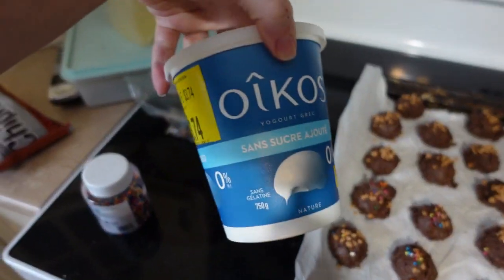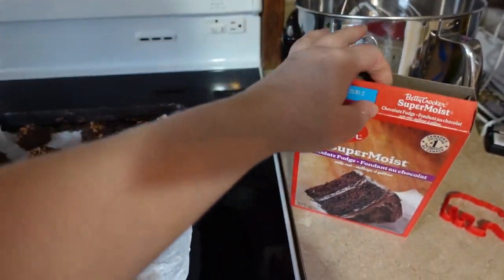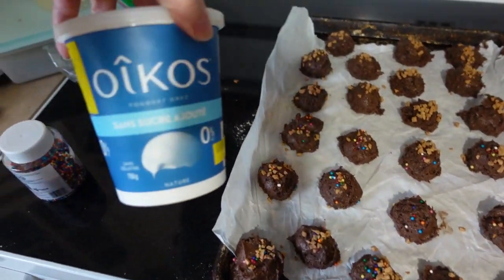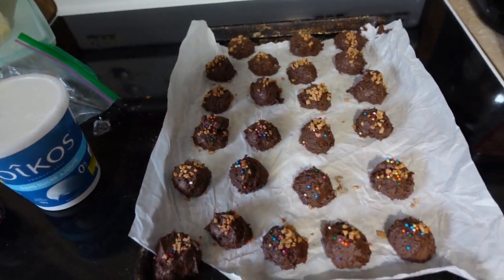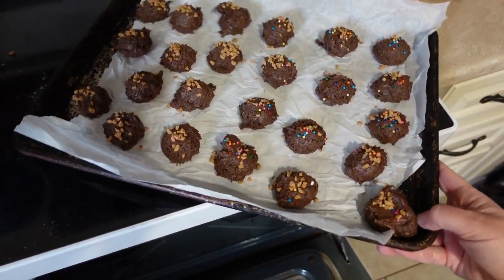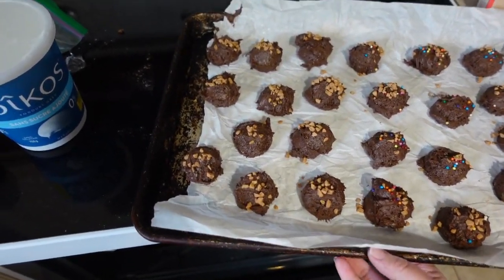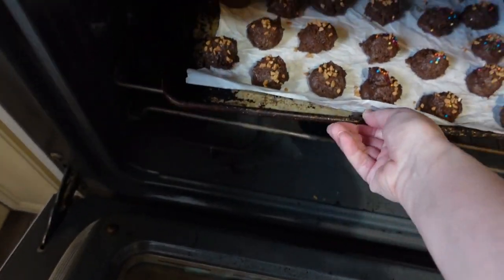A little healthier, you know, a little bit of protein. There's not a ton of Greek yogurt in there. I just used this chocolate one. So instead of the oil, I put a half a cup of Greek yogurt. So we'll see how they taste. I tasted the batter and it tasted fine. But anyway, that's cake mix cookies. I know I've shared that recipe with you guys before. 2 eggs, half a cup of oil, your cake mix, bake them at 350